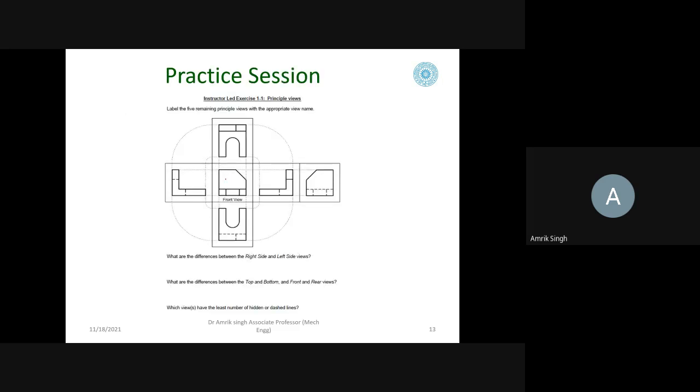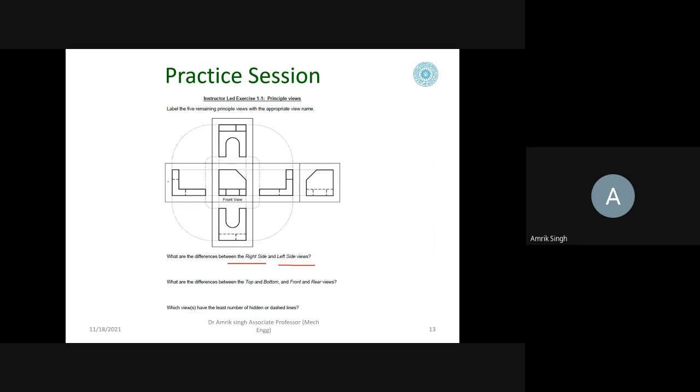So how to do the layout? In the layout, you see this is the front view. Okay. So here you see the difference between the right side view and the left side view. Here this is firm, this is dotted, this is dotted.